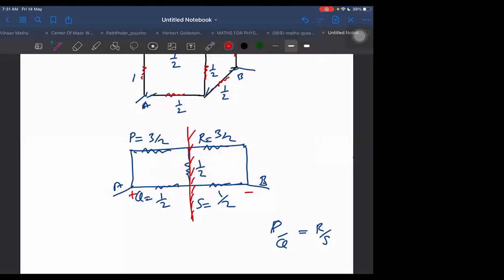Just by placing a mirror, don't forget, because some students will start placing a mirror and they will forget that it is 5/2 here, then I cannot place it. Can we place a mirror? Even if I place a mirror, I can see that object and image resistances are not in the same proportion. So it is not a symmetric circuit. Just placing a mirror is not enough. We have to also see whether the corresponding resistances are in the same ratio or not. Yes, they are in the same ratio for our present case.